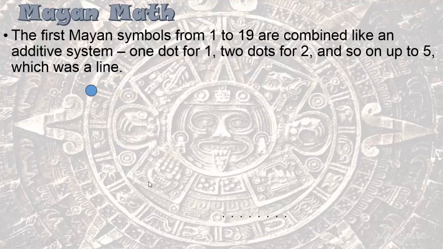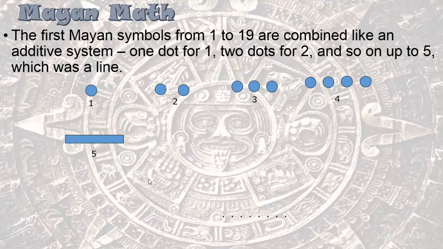So here we have 1, 2 dots for 2, 3 dots for 3, 4 dots for 4, a line for 5, 1 dot on top and a line on the bottom for 6, 2 dots on top and a line on the bottom for 7,